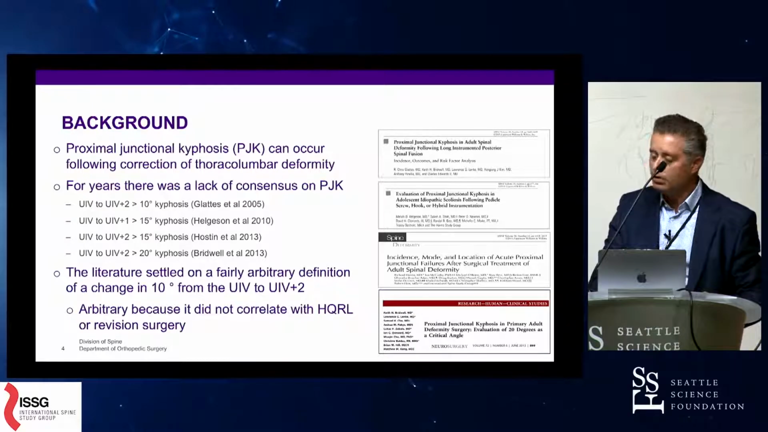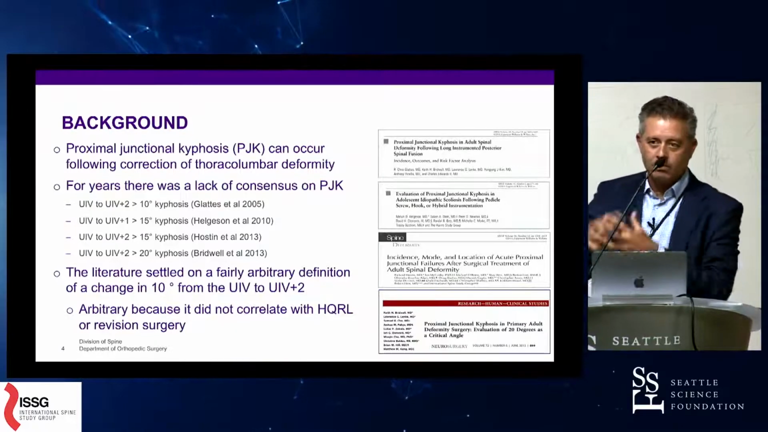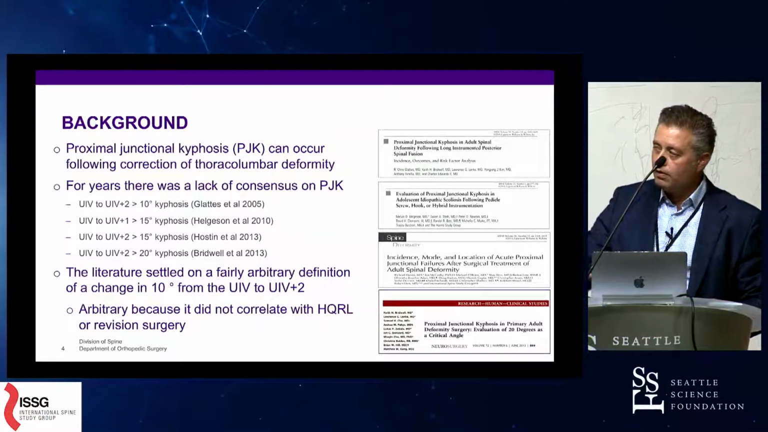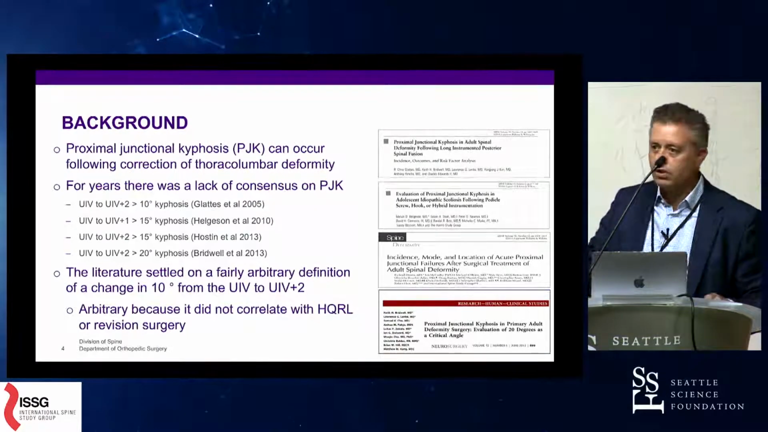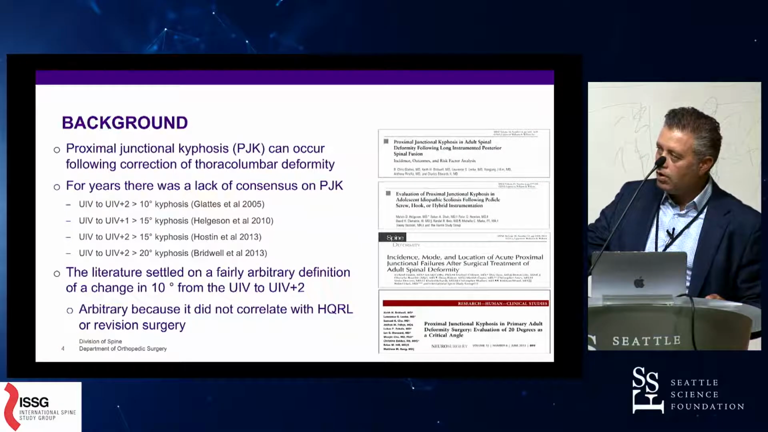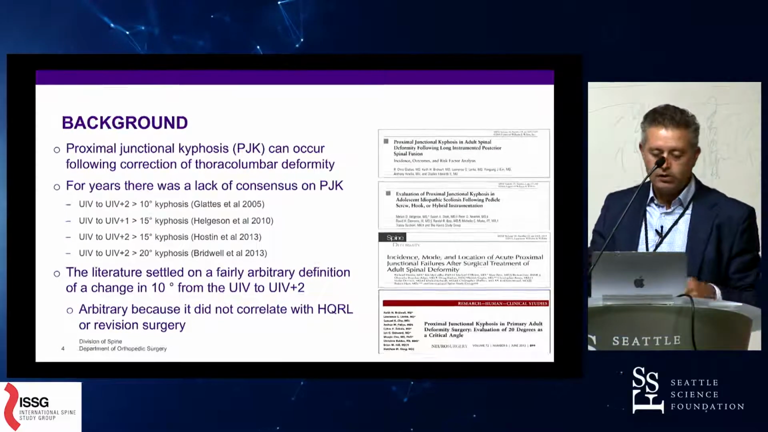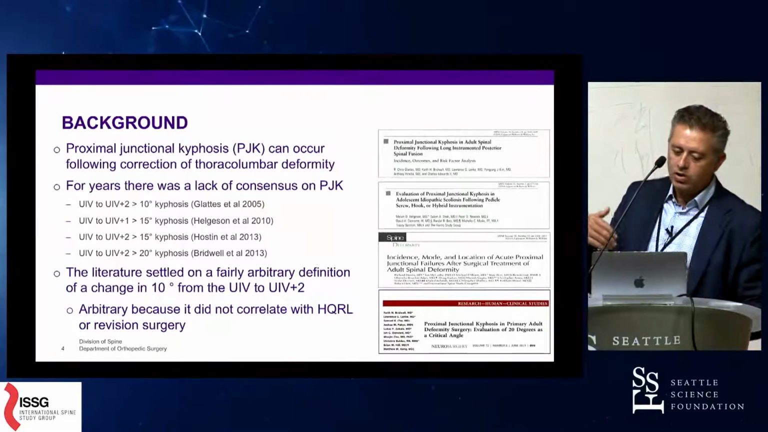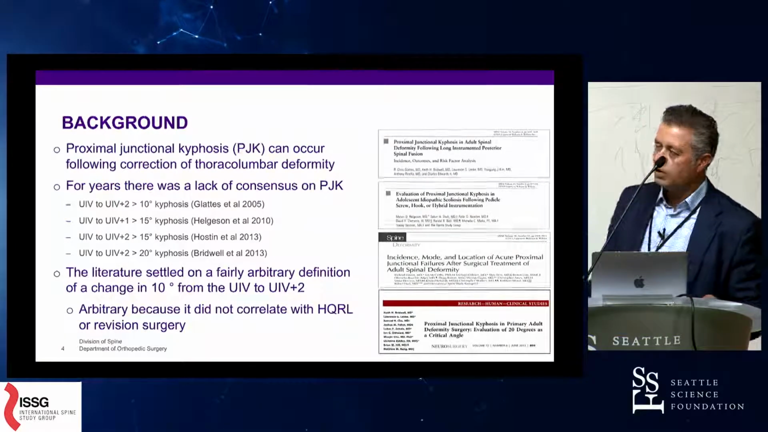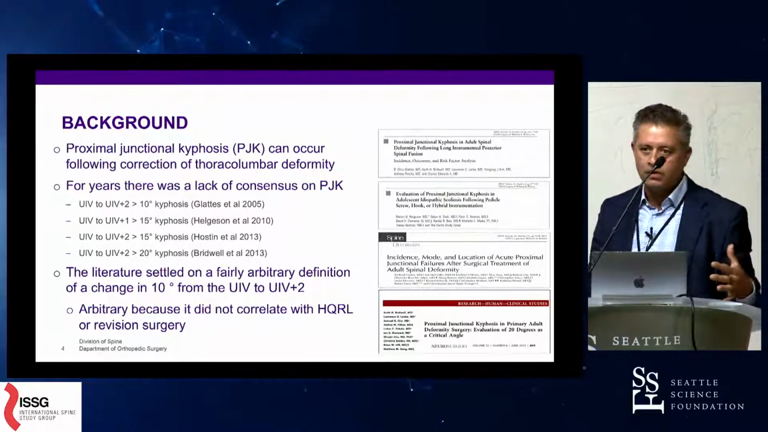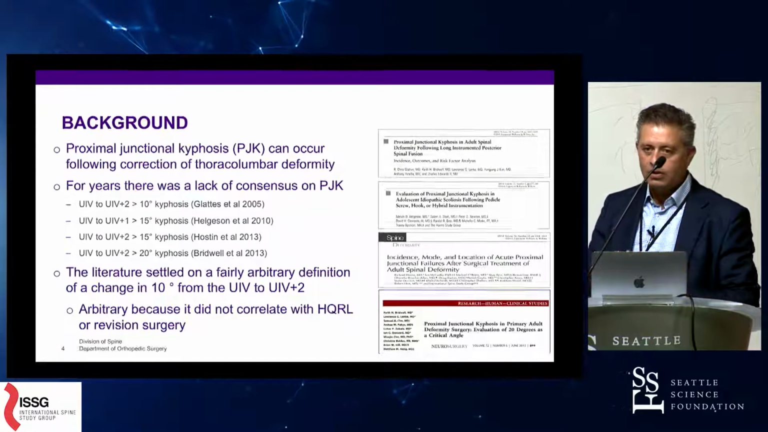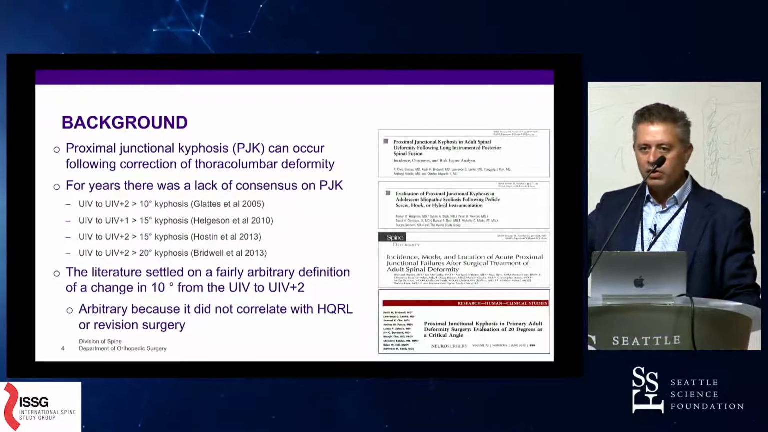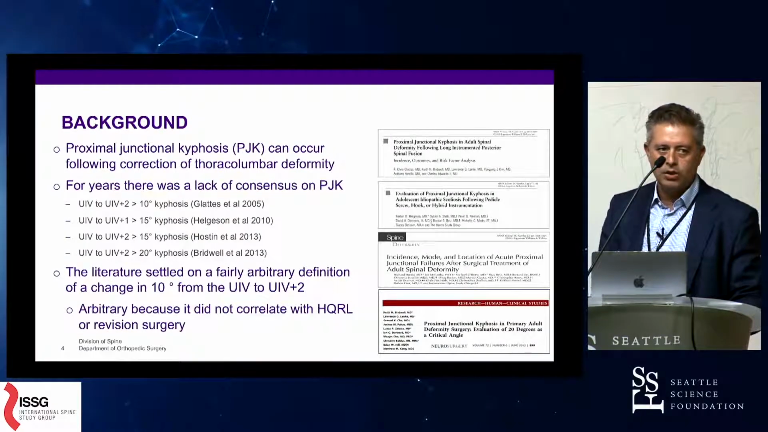So proximal junctional kyphosis, we heard a great talk in the morning session from Shea Bess, has had various definitions in the literature. If you look at it, the UIV to UIV +2 or +1, depending on which author you're talking about, can be a change of 10 degrees, 15 degrees, 20 degrees. So there was never really a good consensus. But the literature settled on a fairly arbitrary definition of 10 degrees in UIV to UIV +2, which is arbitrary